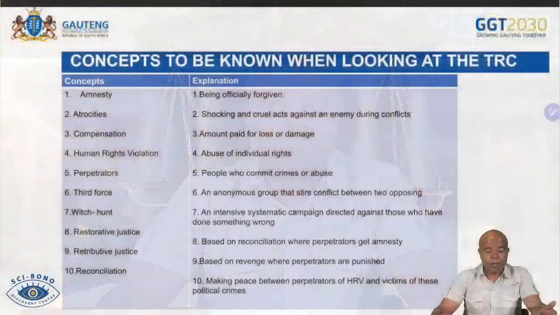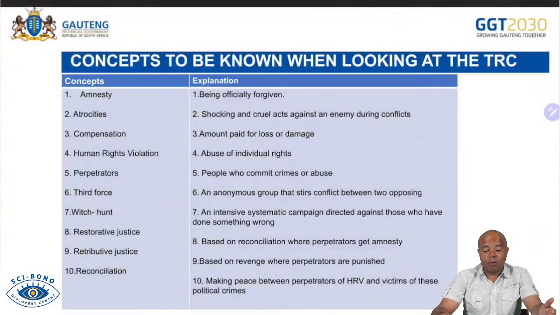Let's go again through the concepts. Number one, I said amnesty, being officially forgiven. I remember now the word forgiven can be replaced by pardon, being officially pardoned at the same time. Number two, atrocities, shocking and cruel actions against any enemy during conflict. Compassion,